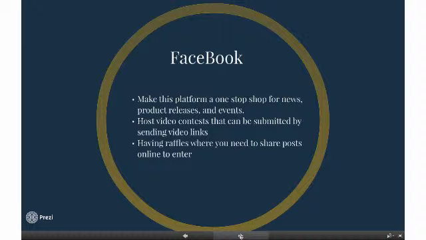Facebook should be a place where you incorporate all of this information that you would put on any of your social media sites, almost like a home base for all the information you portray. On Facebook, it is easy to share videos, pictures, and news. And as an addition to this, Facebook is best for posting longer videos and creating event pages where people can RSVP to things your skate park is hosting.